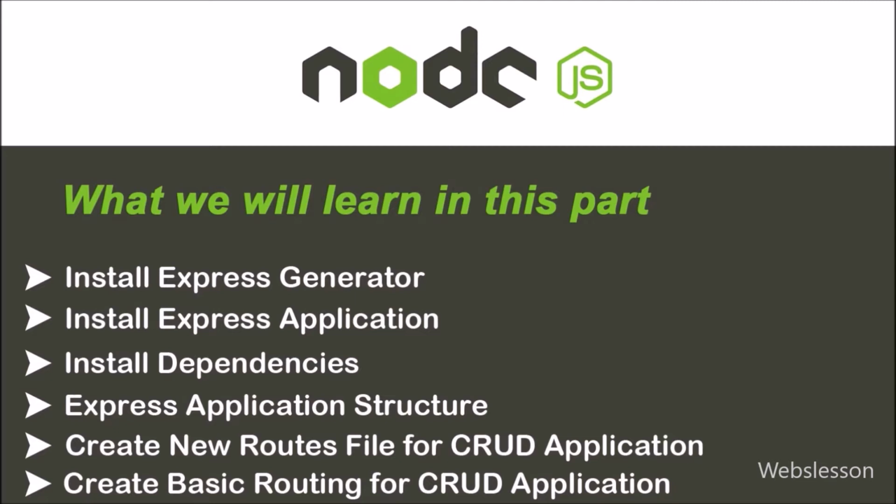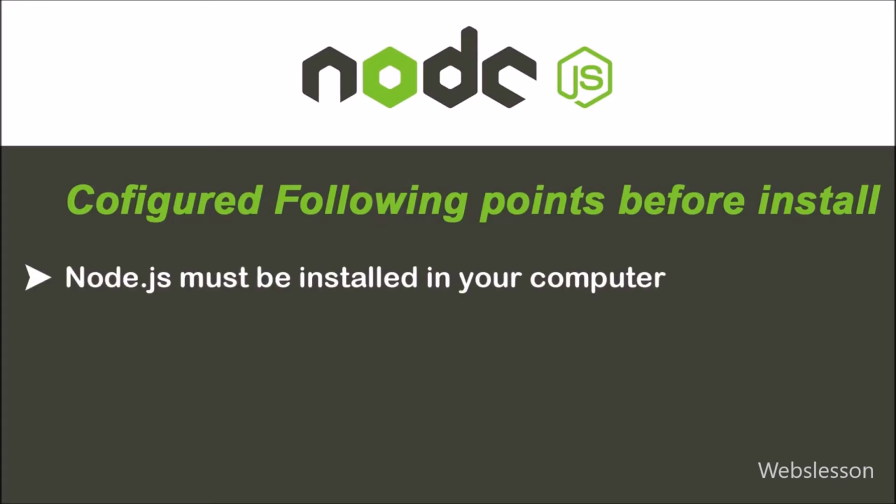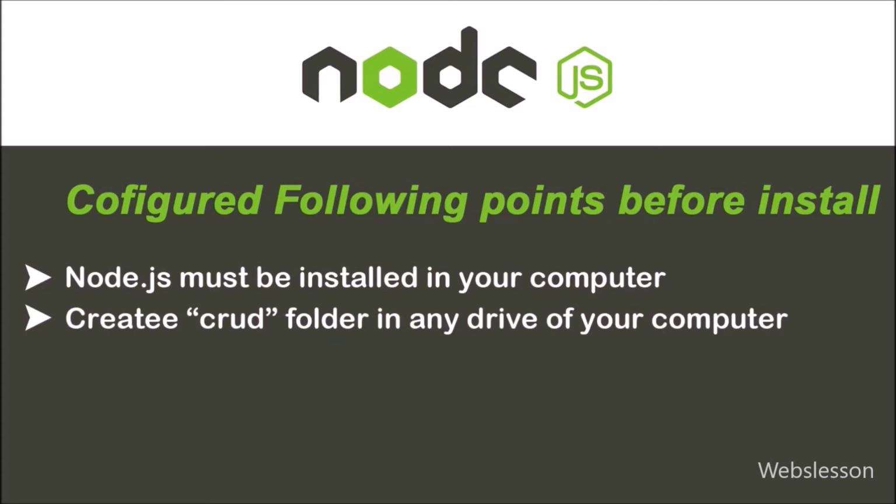Now first, we want to install the Express application. So before installing the Express application, first we want to configure the following points. First of all, make sure that Node.js is installed on your computer. After this, you have to create a project folder, like CRUD, in your computer drive. So if you have configured both points properly, then to install Express generator,